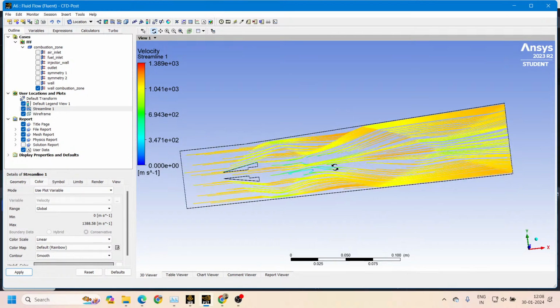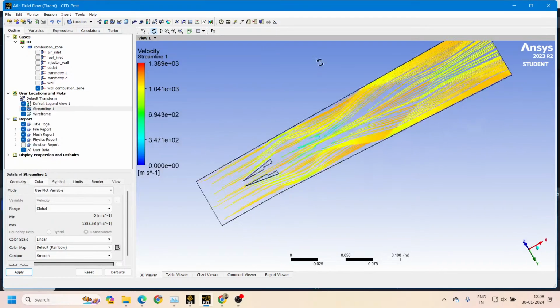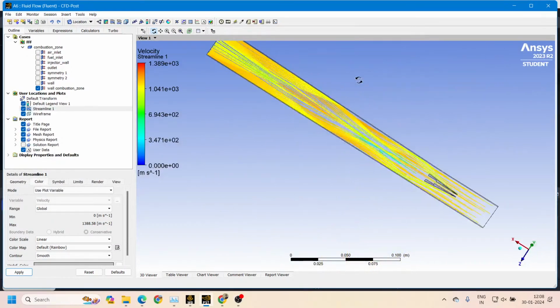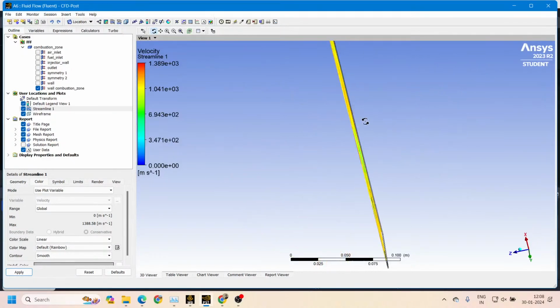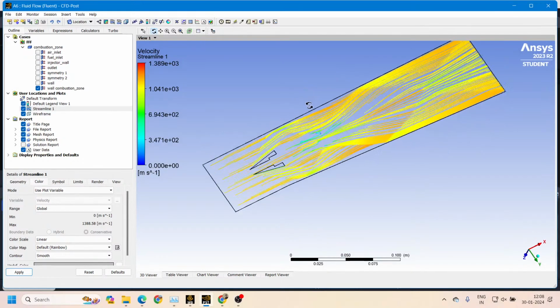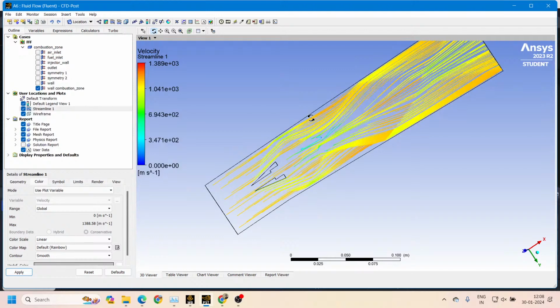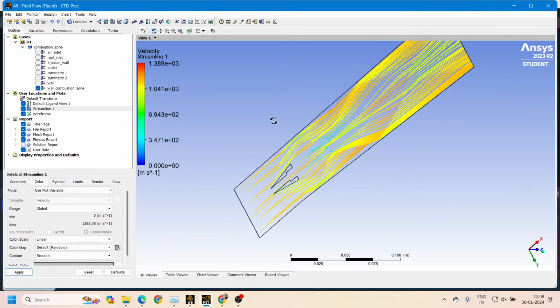And if we want to rotate this, or see how it will look in 3D dimension, we can rotate it. We can press the middle mouse button, and after pressing the middle mouse button, we can move it right, left, or up and down as we want to move. Okay,